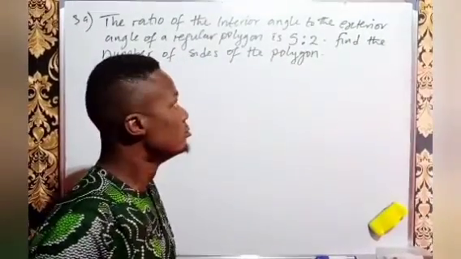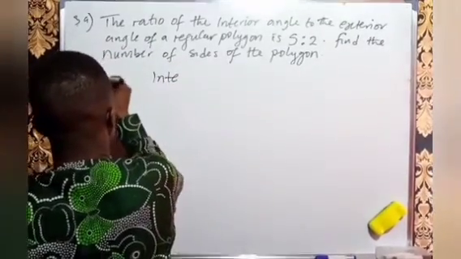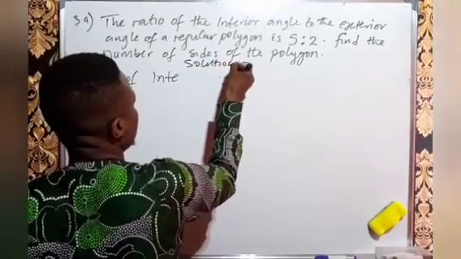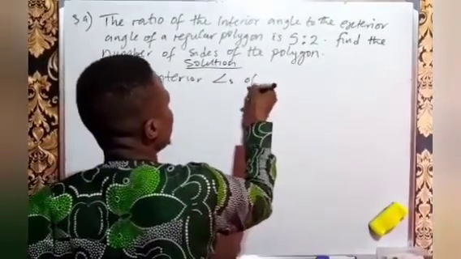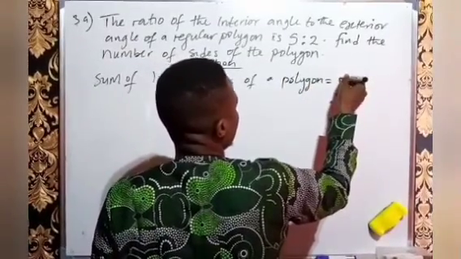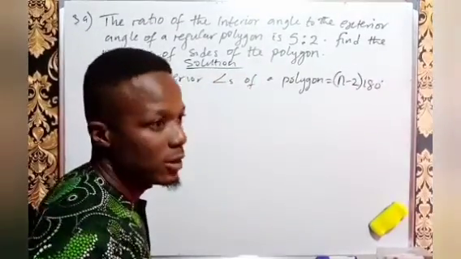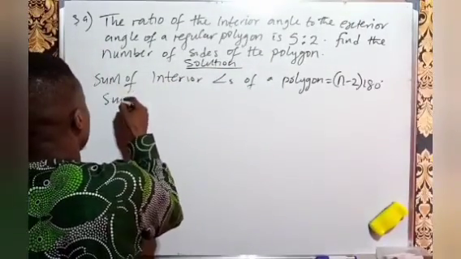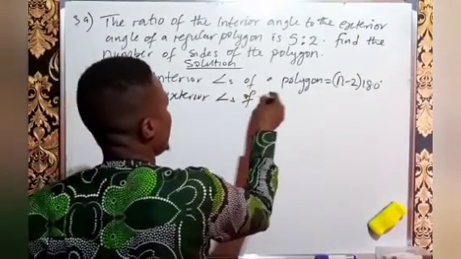So you should know that, let's write the solution, the sum of interior angles of a polygon equals n minus 2 into 180 degrees, or 2n minus 4 right angles, and the sum of exterior angles of a polygon